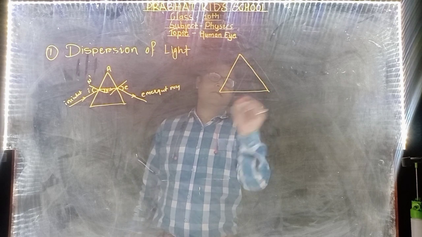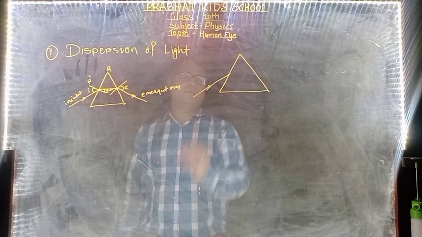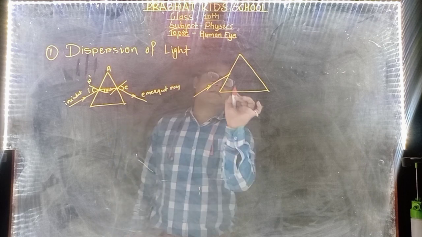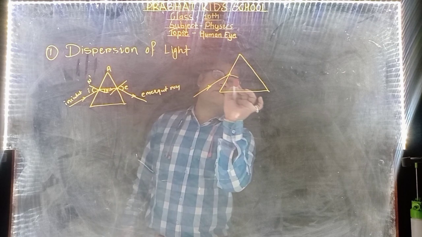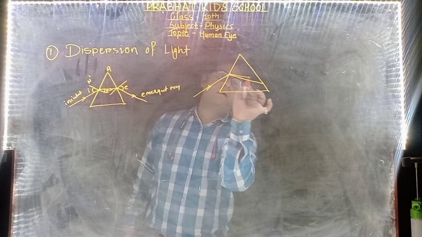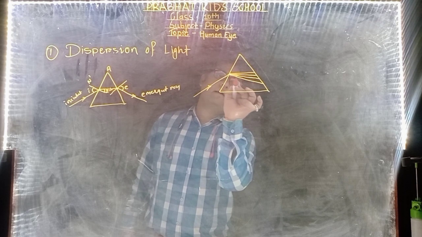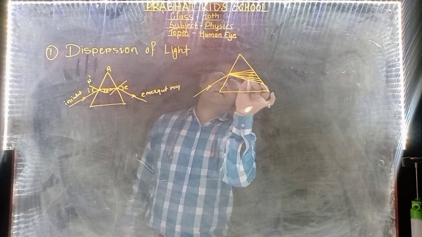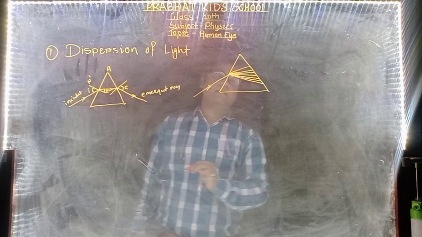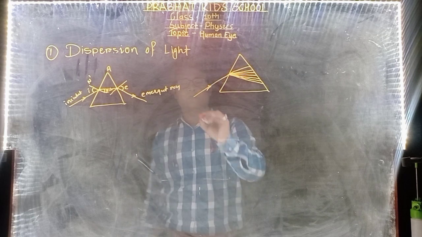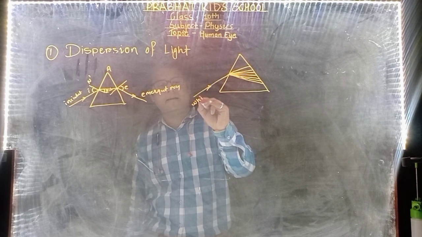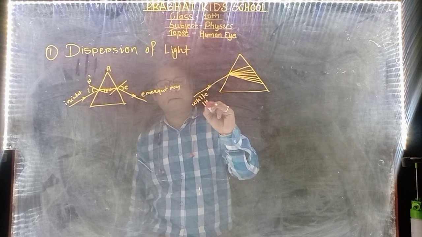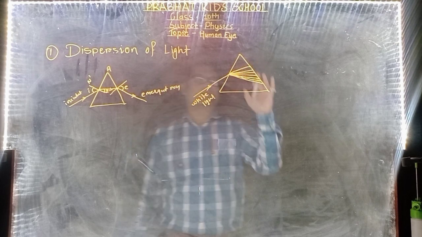Okay. So dear student, what happens when white light enters? This is the sunlight entering the prism. It gets dispersed, split into its 7 constituent colors: 1, 2, 3, 4, again I am drawing, 1, 2, 3, 4, 5, 6, and this is 7. This band of 7 colors is from which light? This is white light, and white light gets split into the 7 colors.